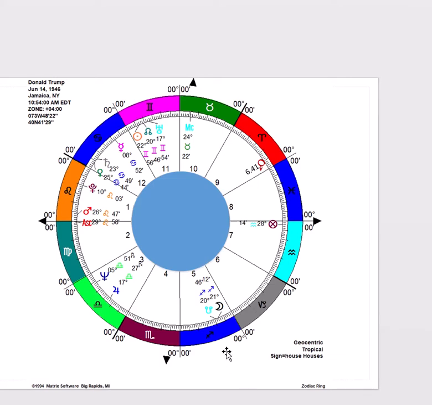And now, as far as the use of the whole sign system, I notice that experienced astrologers tend to turn to this sooner or later. It's the one feature of the Vedic system that I really like. Well, I shouldn't say that. There are a number of things about their system that I like, although the thing that I least like,